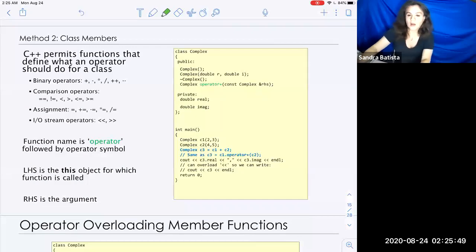Let's continue our conversation on operator overloading. But now we want to discuss when we should make these functions class member functions. So recall C++ permits us to define operators for our class. So we can specify how operators should behave on classes that we define, and we can write our own operators